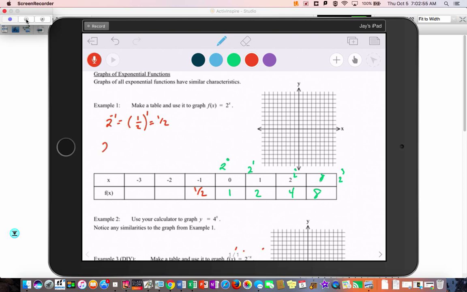If I do the same thing with 2 to the negative 2, I flip my base again. Now I have the positive exponent, and that will give me 1/4. And then you can start to see the pattern, and this will be 1/8. You can go to your graphing calculator and type in 2 to the x and see what it looks like. But now if I go and graph it,